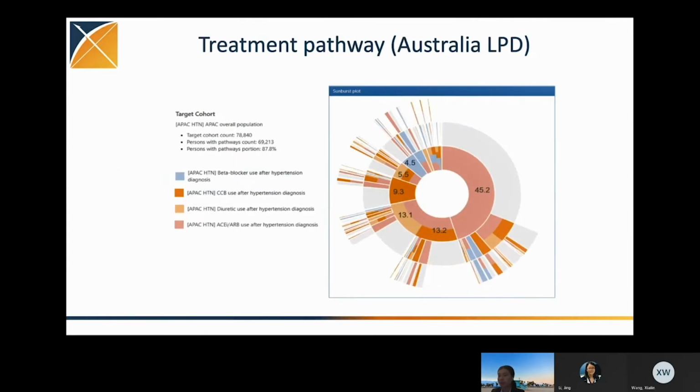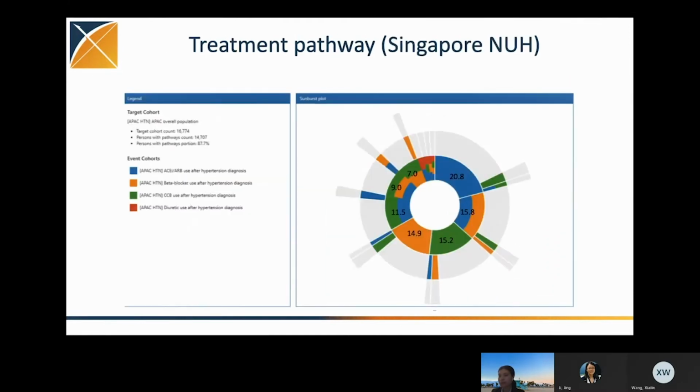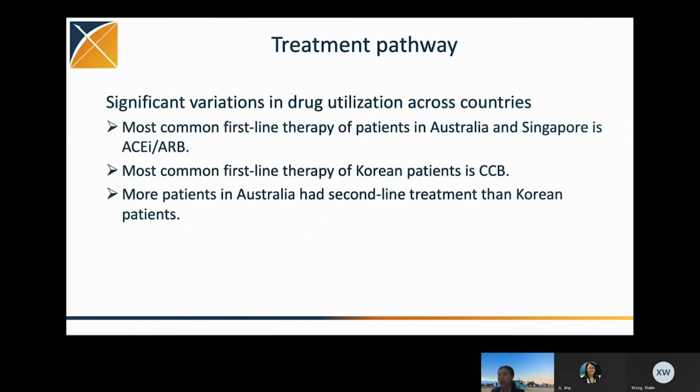Finally, we look at treatment pathways in 3 different countries. This is the Australia LPD database, Korean database, and Singapore database. By just looking at these sunburst plots, our first impression is that there is significant variation in drug utilization across countries. Taking a closer look, we found that the most common